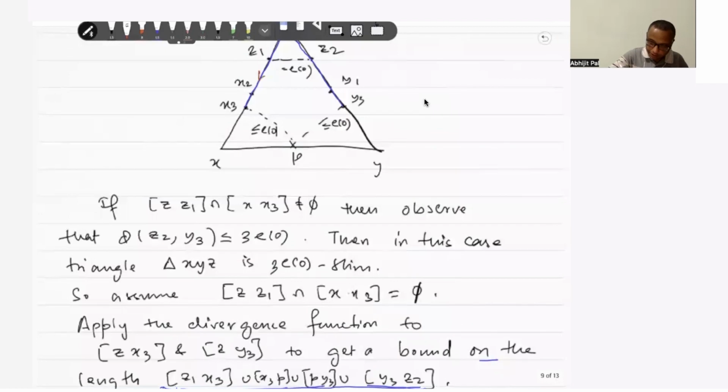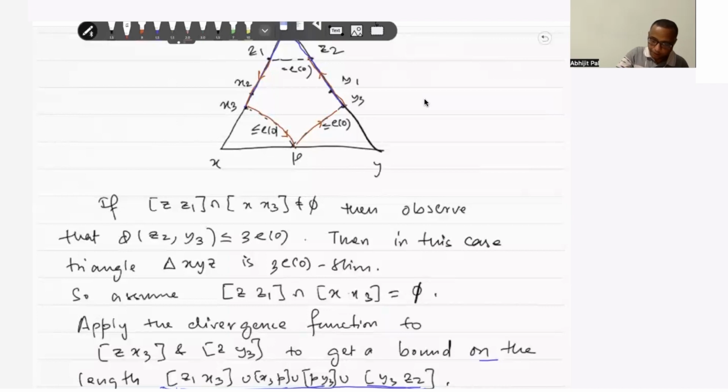In the picture, it is like this. Go from Z1 to X3, X3 to P, and then come back to Z2. Using this divergence function, and also the fact that the distances from P to X3 and Y3 are bounded,